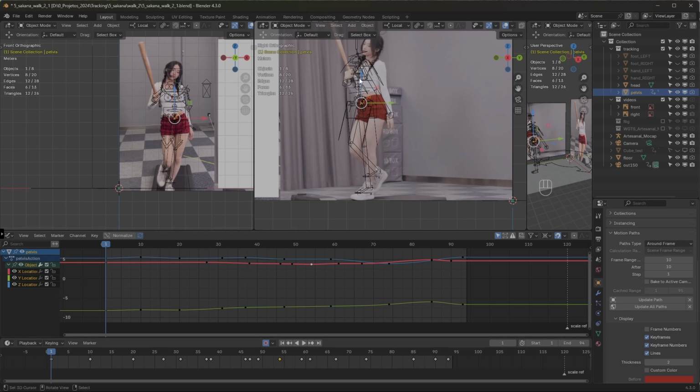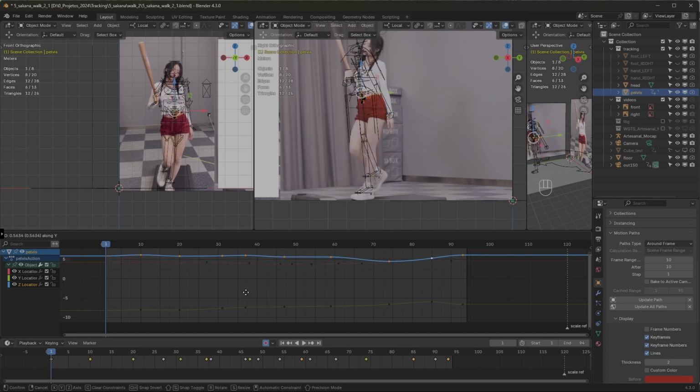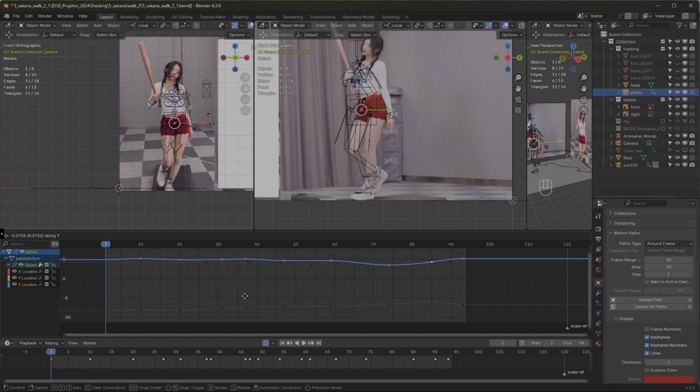For example, let me change the Z location first. I can double click the Z location here. You see that it selects every keyframe for the Z axis. We can press G and Y, so we constrain only top and down on the graph editor, and we can